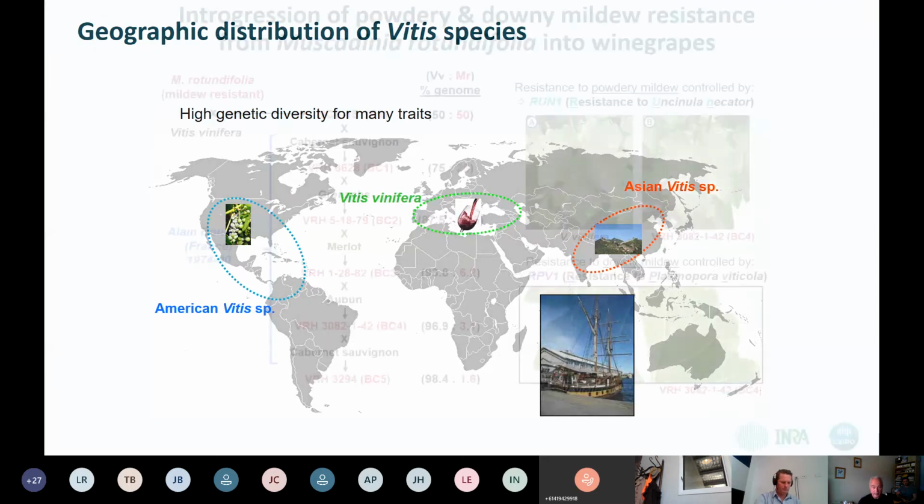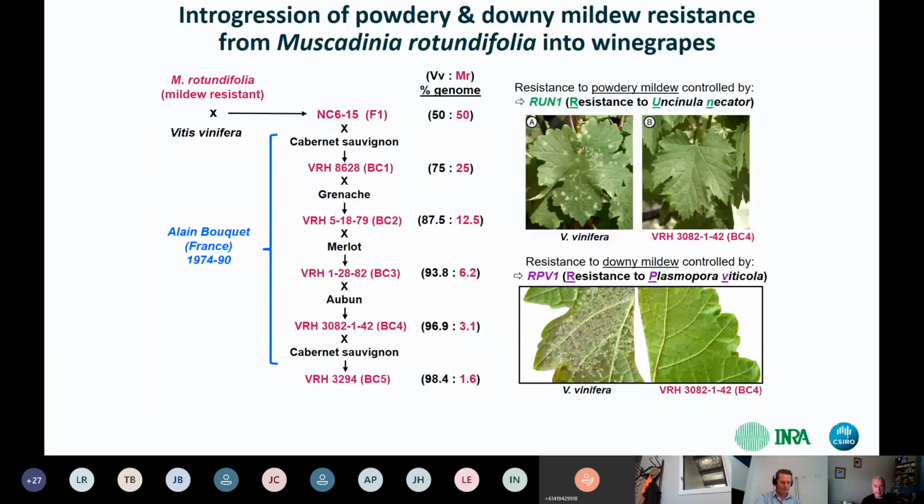So the first generation was done, as I mentioned, by introducing resistance genes from an American Vitis species. That was a slow process conducted in France with a lot of backcrossing to keep the resistance genes in the mix, but also reducing the characteristics of the American species. So it took 2.5 decades to do that. So quite a slow process. And then